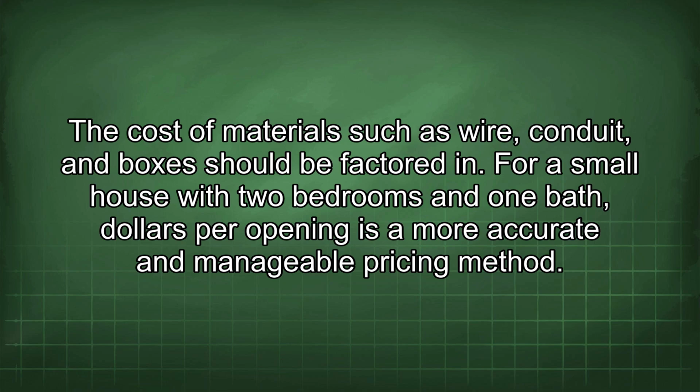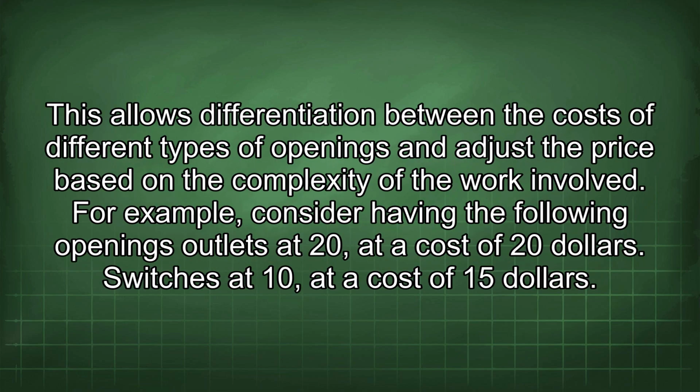For a small house with 2 bedrooms and 1 bath, dollars per opening is a more accurate and manageable pricing method. This allows differentiation between the costs of different types of openings and adjusts the price based on the complexity of the work involved. For example, consider having the following openings: outlets, 20 at a cost of $20, switches,